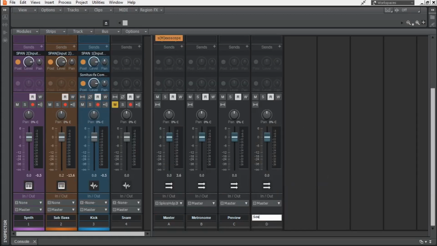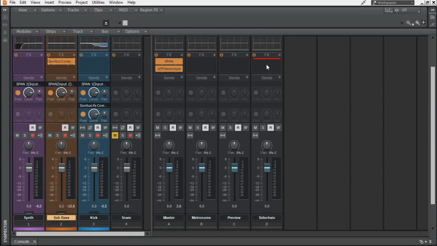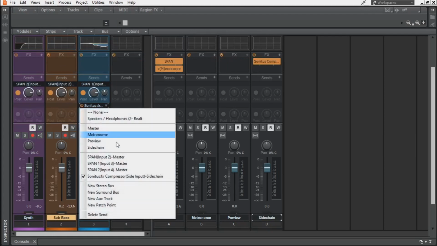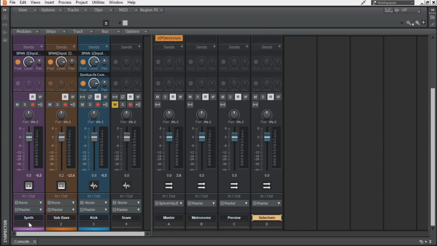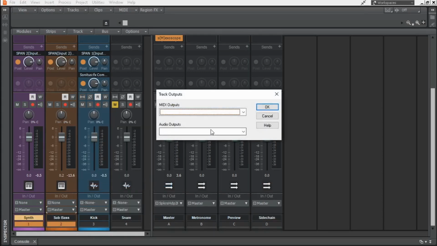Insert a bus, add the compressor into the new bus. This one is already receiving the kick signal, so we don't have to send it again. Now we select all the tracks that need to be sidechained and we direct their output to the new bus that we created.